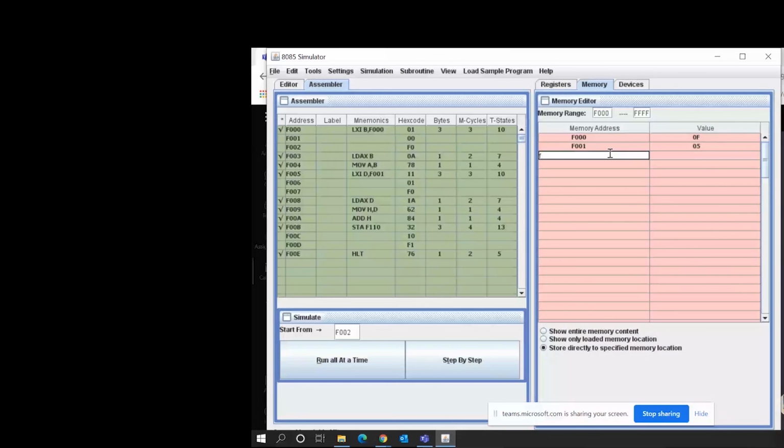And IF110, we can just directly give after 1001. Sir, no, you don't do that here. Okay, it does it automatically. Yeah, leave this. Go back and assemble now. Now, why did this change here? Address again, F00 on the left side. No, left side on the address. Put here as F002, I mean, here memory range. Here you change it.